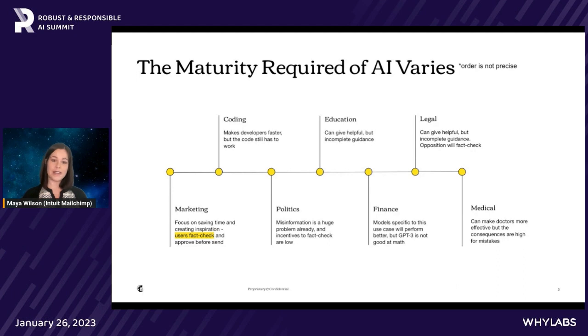I want to be really clear that today I'm talking about the far end, marketing applications and writing marketing text. And super critically, and I'll talk more about this, our users fact check every single piece of generated text before it goes out into the world. They are subject matter experts and they're involved in our process in a way that is really important to improving our models over time and also ensuring that we're not putting bad content out into the world.